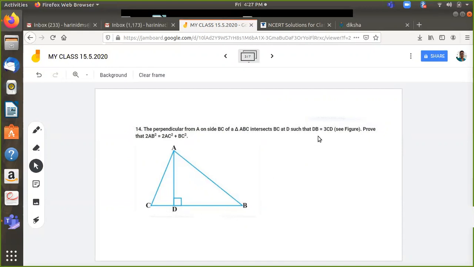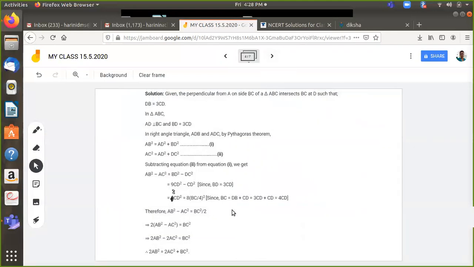So I start with what is given to me. So the diagram is very clear. I have a triangle with a perpendicular AD to BC. So because I've drawn the perpendicular there, now I have two right triangles which are formed. So I have an AB square, I have an AC square. So AB may be in the first triangle and AC is in the second triangle. So we'll see how we can go about doing this problem. I'll shift to the next page and show you what all we have done.